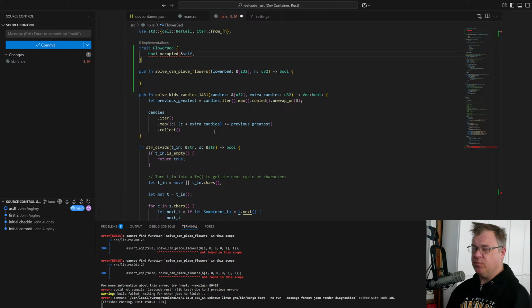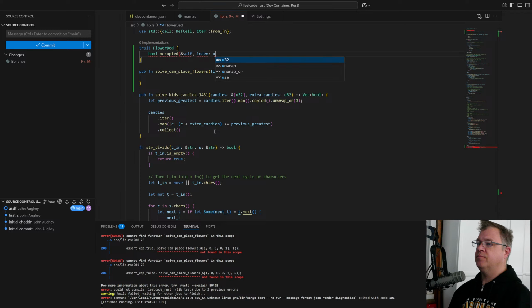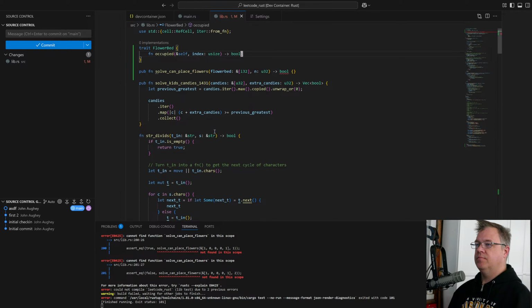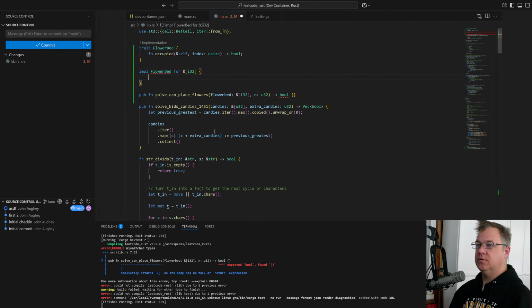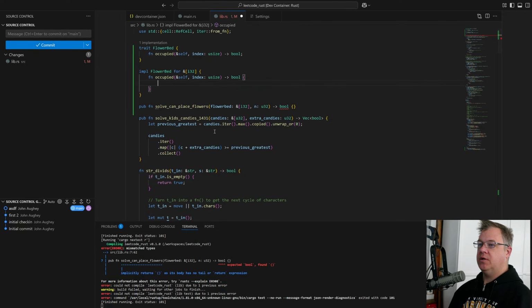Yeah, we do want an index. It's going to be a usize, and that's going to return bool. Yeah. So we're going to impl flower bed for an array of I32s. Fn occupied, good.